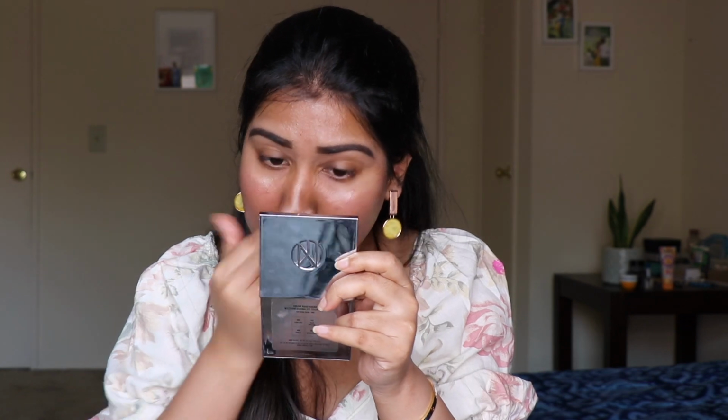Do you guys see that? Do you guys see the glow? Oh my god, I loved it. It's just so hydrating. It's just so radiant. Ooh, I love it. I basically love radiance primers, anything that's radiant,